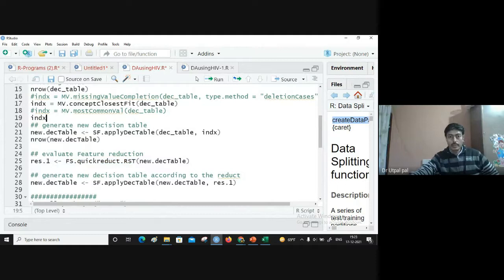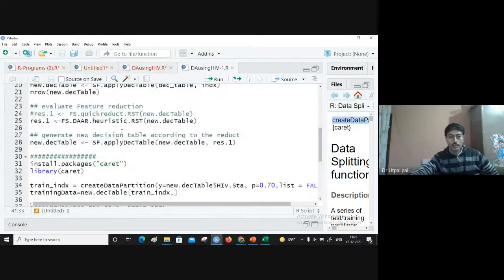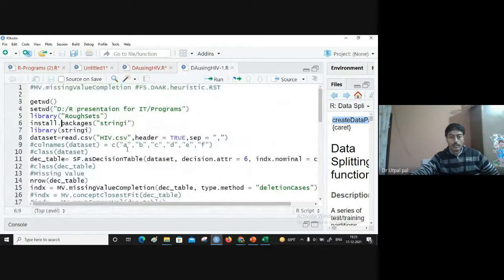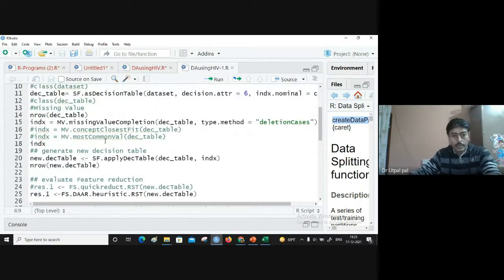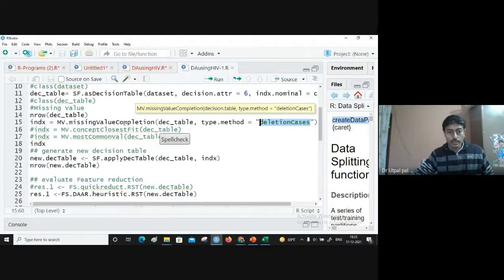Now I have created another model where I just changed the missing value completion method. Here I use missing value completion, and the method is deletion cases. That means it will delete the rows whose values are not there, and return the remaining part.